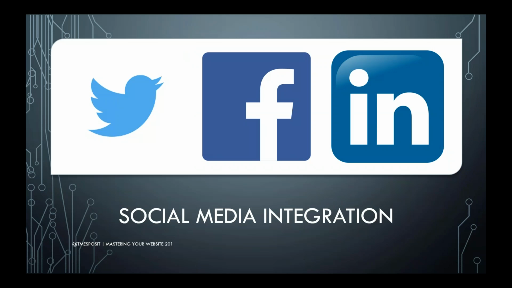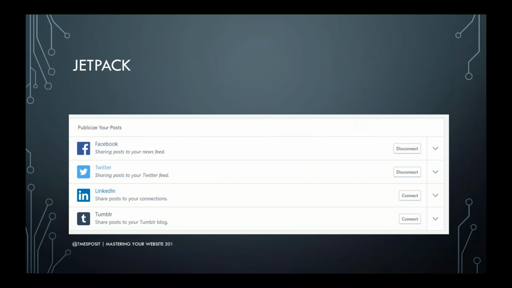So everyone uses social media now, it seems, even my mom. She may not use Twitter, but she knows about Facebook, and even my 82-year-old dad had a LinkedIn profile for a while. So when you have a professional society organization website, like the IDL SIG or one of your chapters, and you want to promote an event, you want to put this across the board to promote it to as many people as possible. And these days, it means not just sending an email, but also putting it on Twitter, putting it on Facebook, posting it on LinkedIn, any other number of sites. So it would be great if all of this was done automatically.